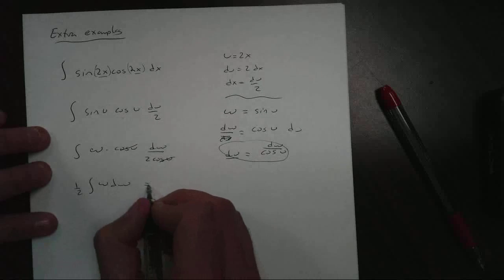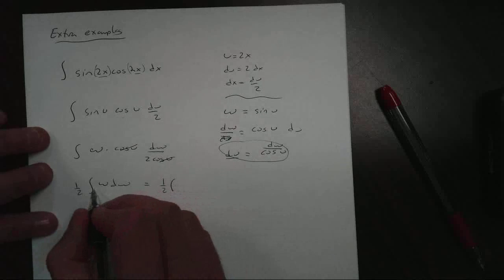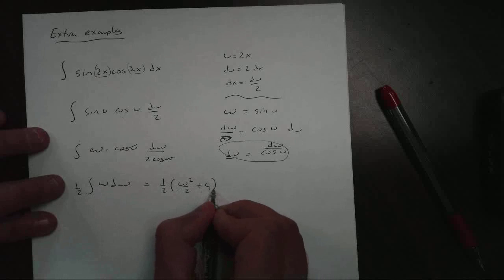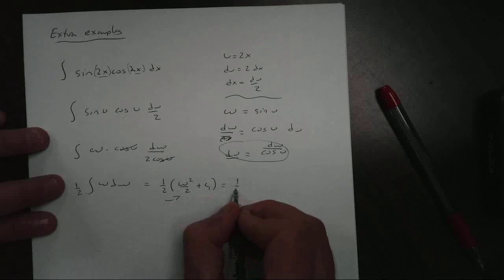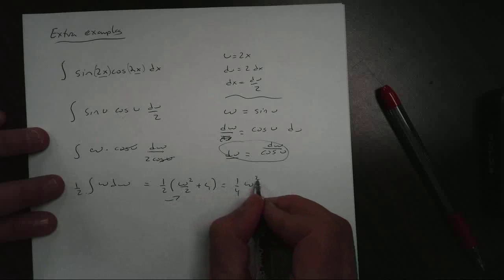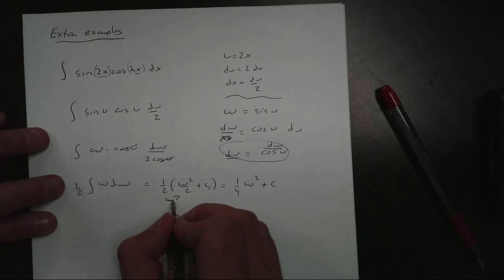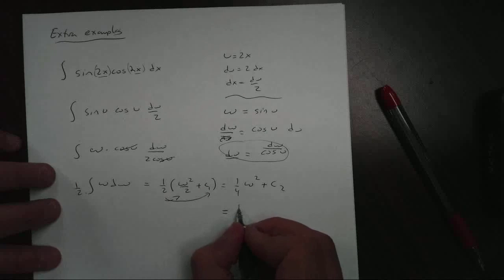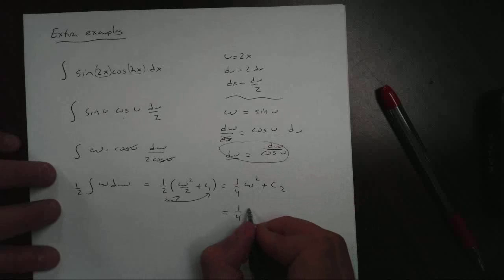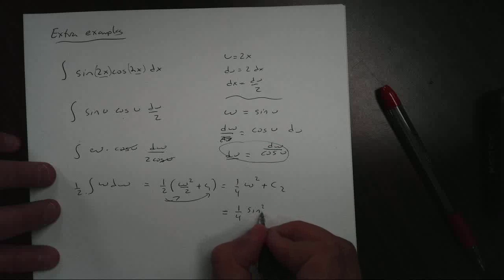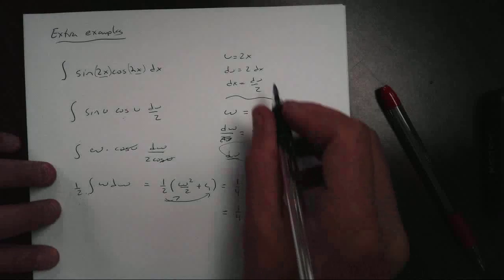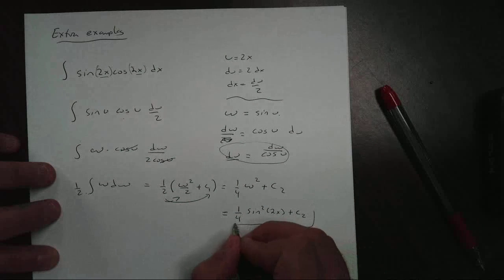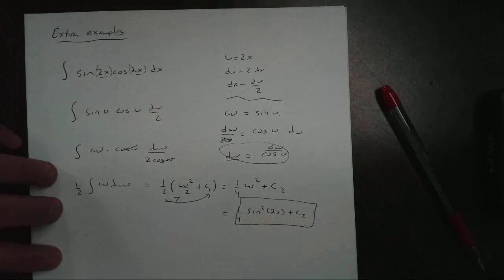And I can integrate this. I get 1/2, again put parentheses here because I put my 1/2 on the outside, w squared over 2 plus C1. And if I distribute, I get 1/4 w squared plus, be careful, remember I'm distributing to the C1 also, C2. So my final answer: 1/4, replace my w, I get sine squared of u, but u is 2x, so I go back up here to 2x, plus C2. So that's one way I can solve a problem like this. I can do